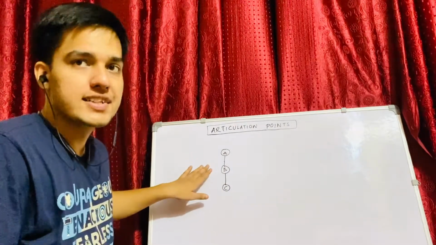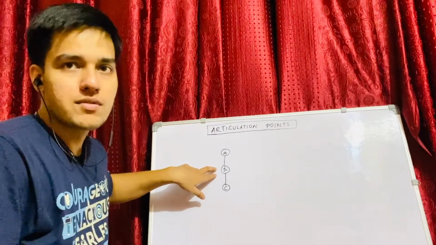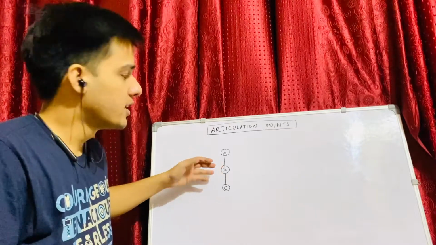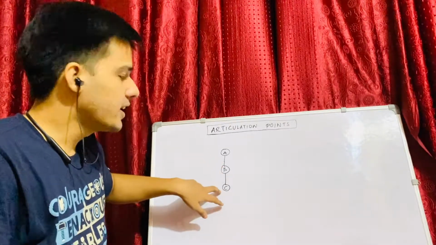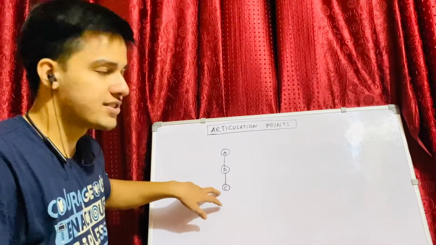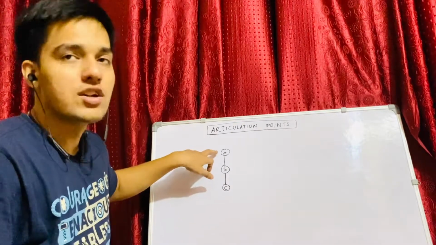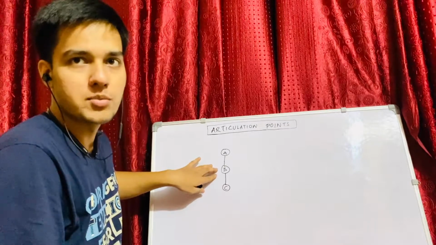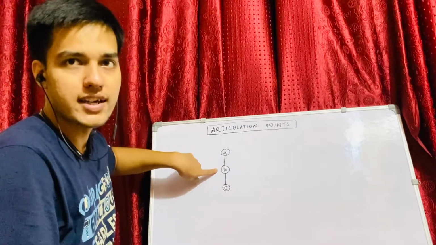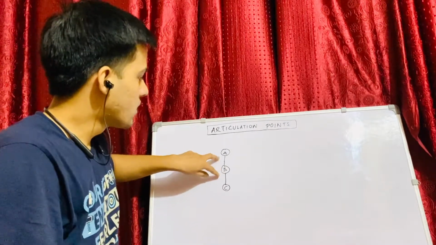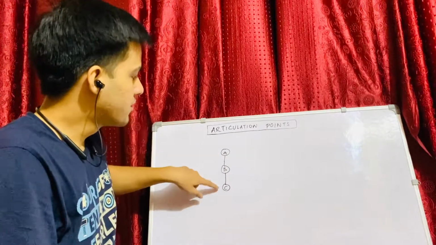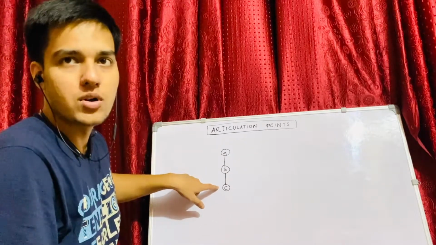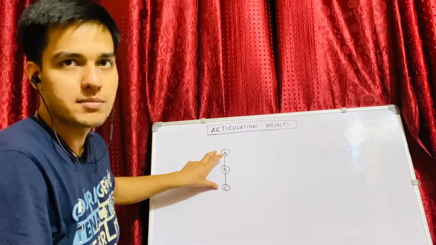Now in this case, if node B wants to be an articulation point, then there shouldn't be any edge from its child to any of its ancestors. If you see, B is clearly an articulation point, because if I remove this vertex B along with its edges, then there would be two different connected components, right? Because the graph will become disconnected.